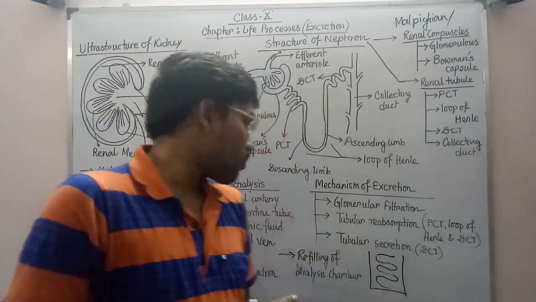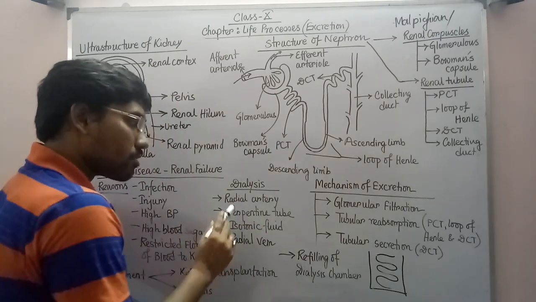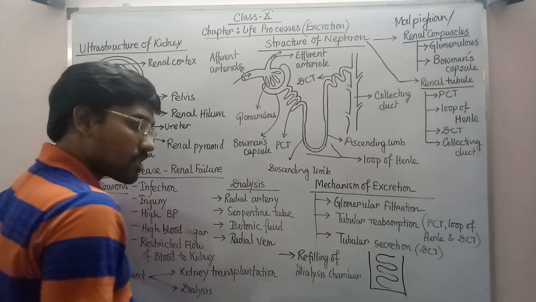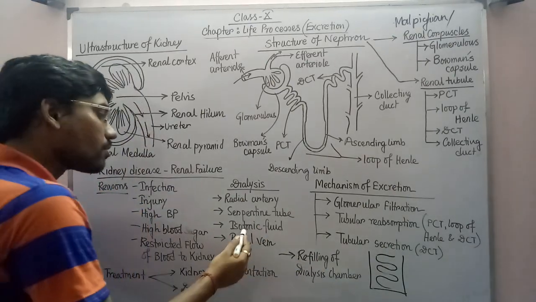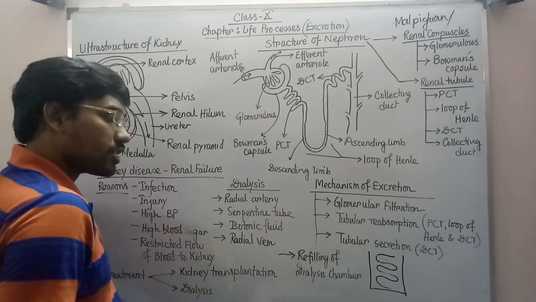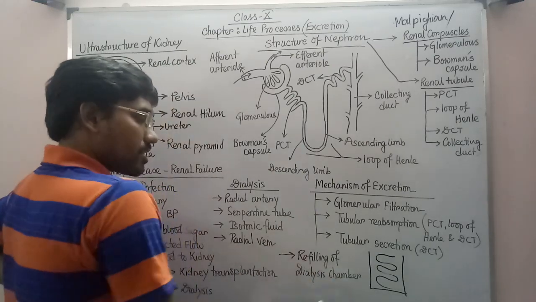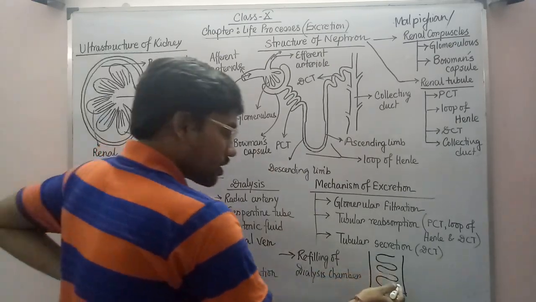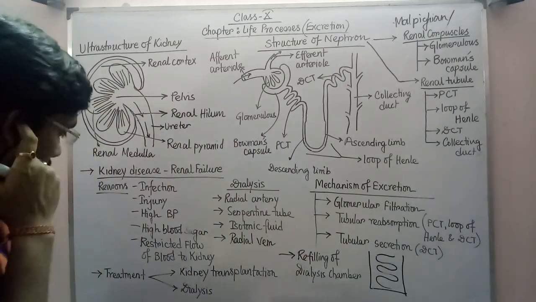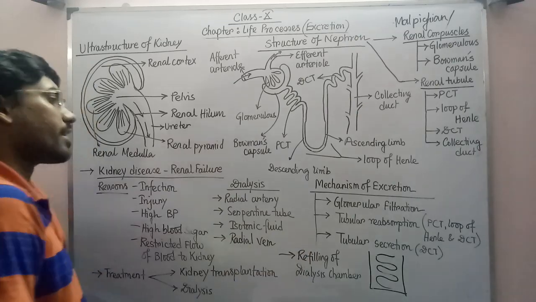So I think the entire process of dialysis you have understood, and now you can correlate these words with the mechanism. Radial artery we have understood, radial vein also we have understood, the serpentine tube which is present within the dialysis chamber, and the isotonic fluid, that is the dialyzing fluid which we have taken within the chamber, which is isotonic with the blood. And the next thing is the refilling of the dialysis chamber. Why? Because the fluid gets polluted. So through a top tap, that polluted fluid will be released out and the new fluid will be filled within the chamber and it will be used for the next patient.